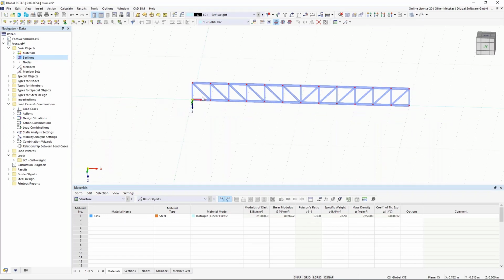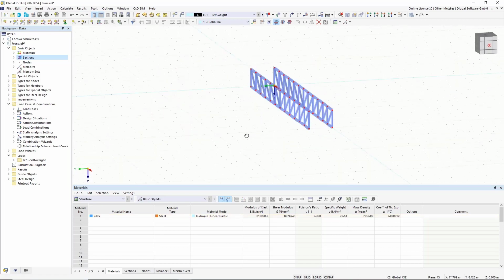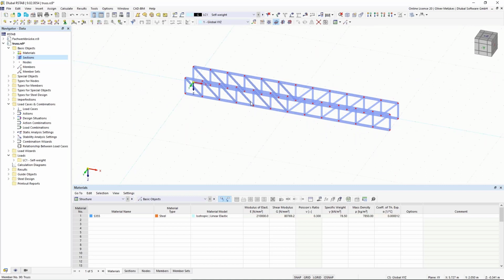And now I want to copy it again to have the second half, and I will do it again by using drag and drop, because I know that the grid points in this direction are spaced every 1 meter. So as I want to have 2 meters of width, I can simply pick it again, use the second grid point here, and pressing the Control key, then I can release it and it's copied again. Okay, so now I have my two truss girders here, and I need now the modeling of the cross beams